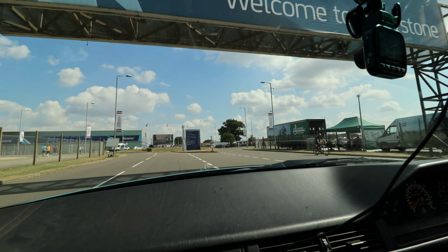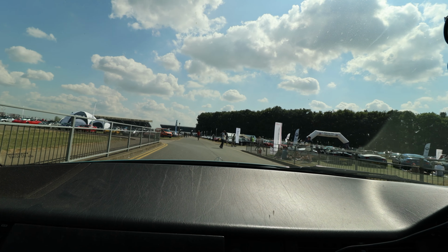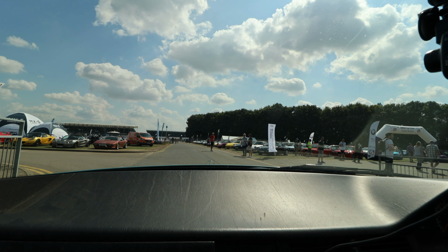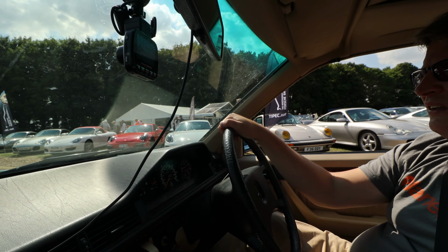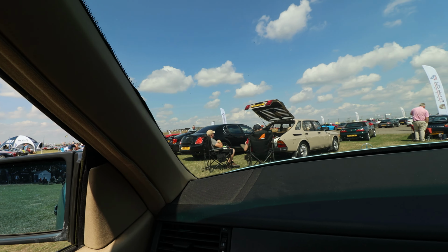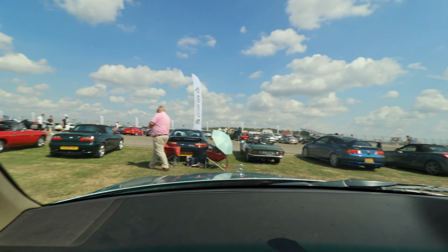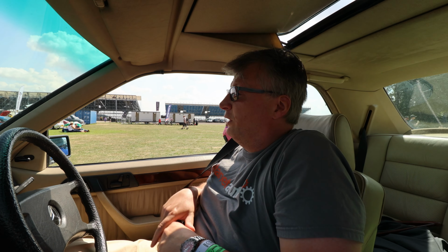Is this way, do we think? I think it might be. Thank you. Thank you very much. Okay, so 20. So we're in the right place, we just have to figure out where we're going to park. Let's... So this is where we get to park, so we're miles away from the public car parking, right in the